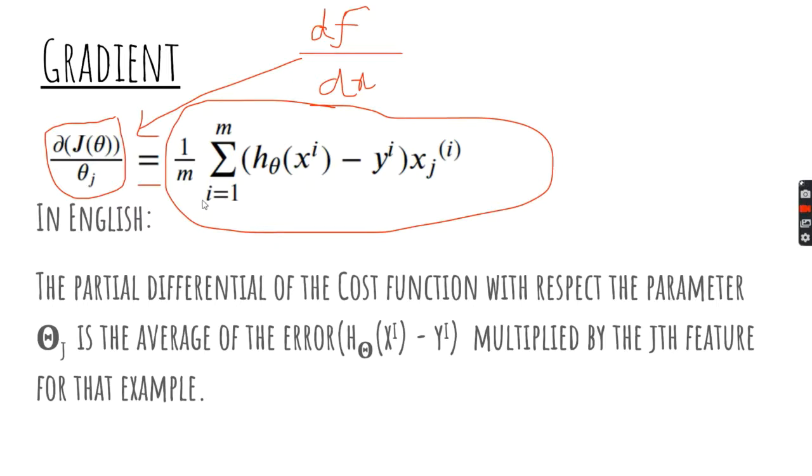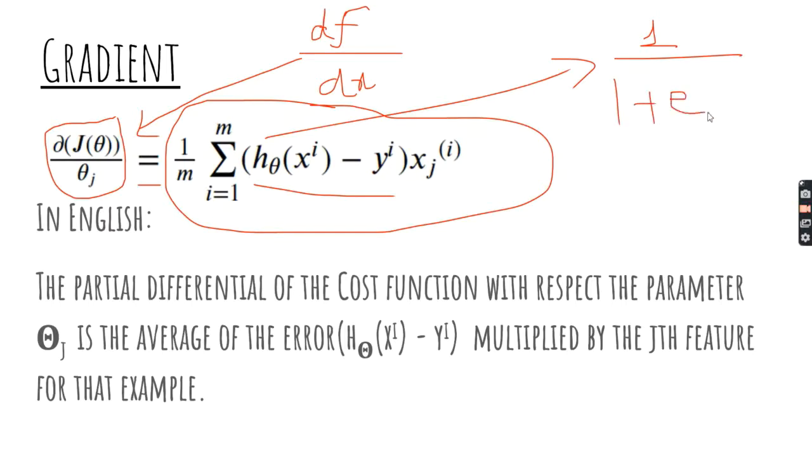as it states here, in simple English, this thing is the average of the error, which is this. And remember that this is the sigmoid function, 1 divided by 1 plus e raised to this thing, the weighted sum, theta 0 plus theta 1, that thing, right? And we subtract this. That's why we're calling it the error, because it's the difference between the true value and this predicted probability. And we multiply it by the